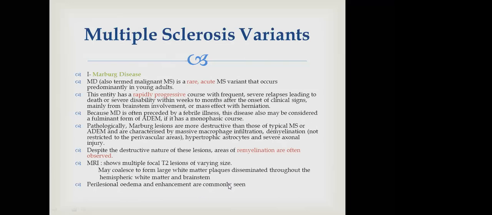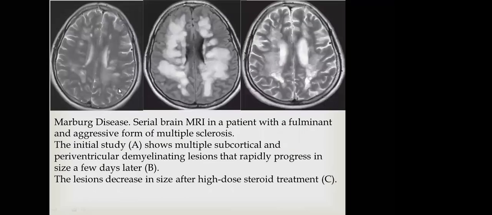This is Marburg disease. In the early stage, there are multiple subcortical white matter T2 lesions, and with time they coalesce and become more prominent, appearing as a large area of high signal. In the subsequent stage, the lesion decreases in size and responds well to treatment with high-dose steroids. There will be resolving of the lesion. The second type is Schilder disease. It is also a rare type, an acute disorder that can be defined as a specific clinical